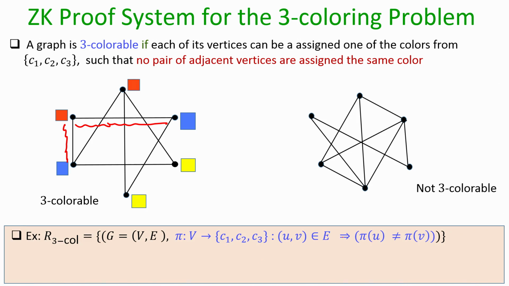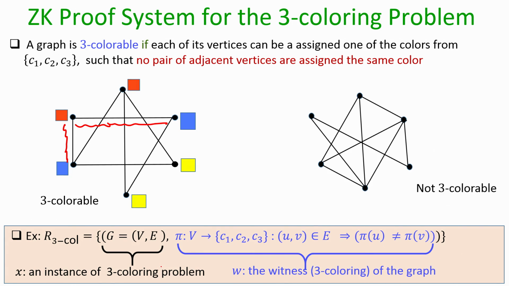And the 3 coloring problem, or the 3 coloring relation, is a well known NP complete relation, and the x comma w entry in the 3 coloring relation will look like this. So, the x instance will be the public description of a graph, namely the number of vertices, the vertex set and the edge set of the graph will be publicly known. And if indeed this x instance, namely this graph, is 3 colorable, then the corresponding witness w will be the mapping, or the assignment, of the colors C1, C2, C3 to the vertex set, which I call pi,